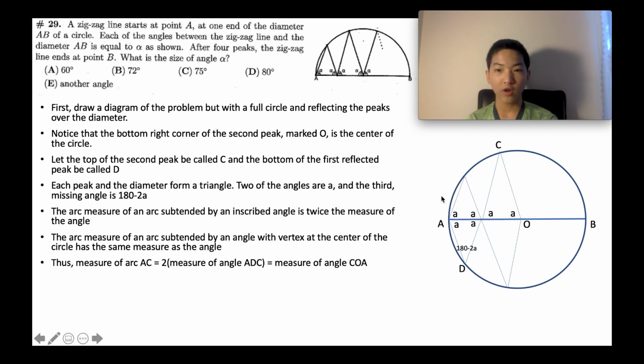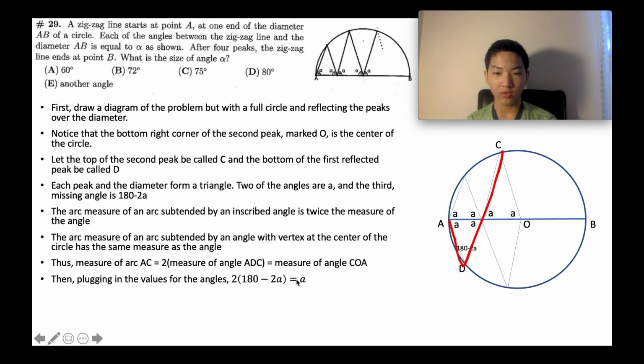Thus, the measure of arc AC will be equal to 2 times the measure of angle ADC, because ADC is an inscribed angle. An inscribed angle is just an angle with its vertex on the circumference of the circle that intersects the circle at 2 points not on the vertex. Then, plugging in the values for the angles,